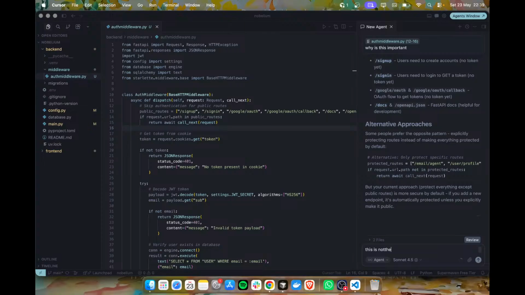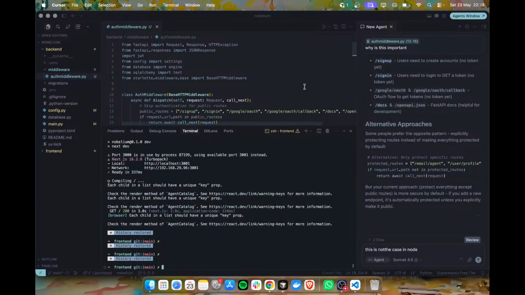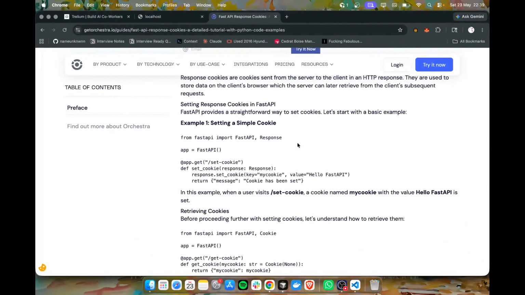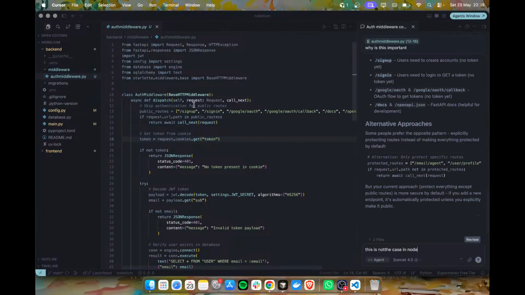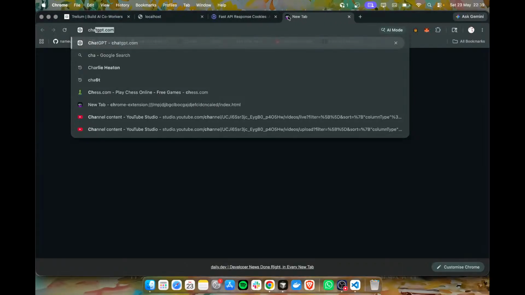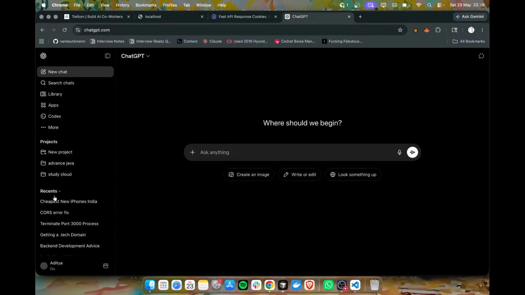This is not the case in Node. So, alright. The reason why I'll have to do this particular thing is because I'll just write it so that you guys can all